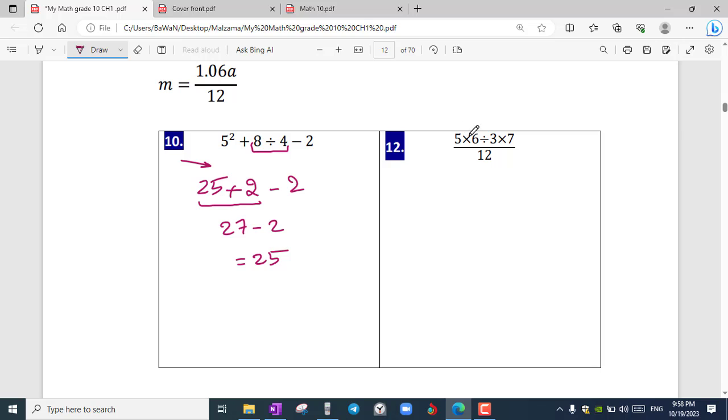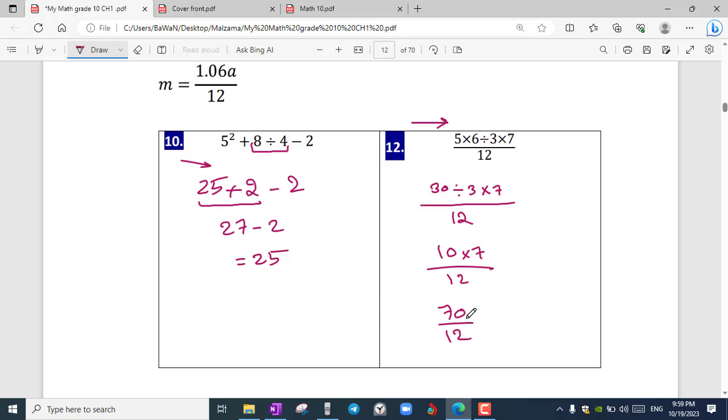This one I have multiplication, division, multiplication, and another division, which is the fraction. From left to right, this multiplication came first. So 5 times 6 is 30. Divide by 3 times 7 all over 12. Now 30 divided by 3 is equal to 10 times 7 over 12. 10 times 7 is 70